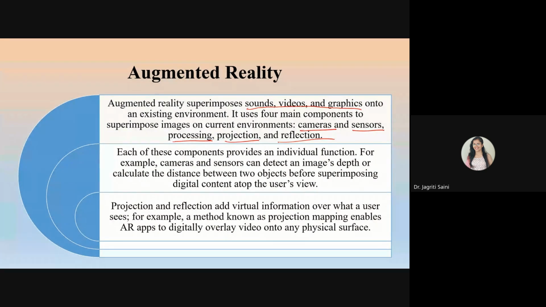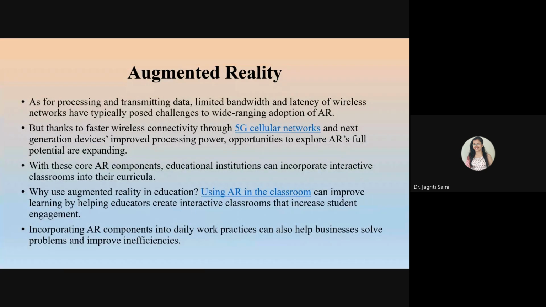In order to detect different image depths or calculate distance between different objects, you may have different applications out there. You may have some user interaction systems that you can utilize to gather more and more information out of those projected environments. So these videos can be overlaid over any physical surface, and you can enable interaction over there. In order to process a huge amount of data, because as I told you already, we are just superimposing something into the real environment, so definitely we are processing a bulk amount of data.